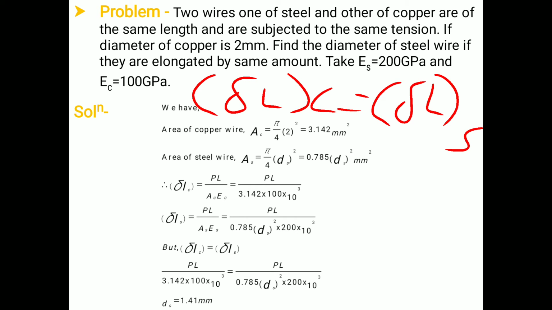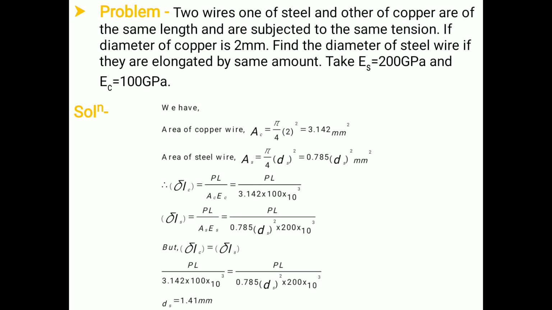And all of you know how to calculate the value of change in length. Change in length can be given by the formula PL upon AE, and that we have to apply for the copper and for the steel. Now from the given data we have area of copper wire which is equal to pi by 4 into 2 square, which is equal to 3.142 mm square. Area of steel wire, which we have already considered the diameter of steel wire as ds, therefore the area will be